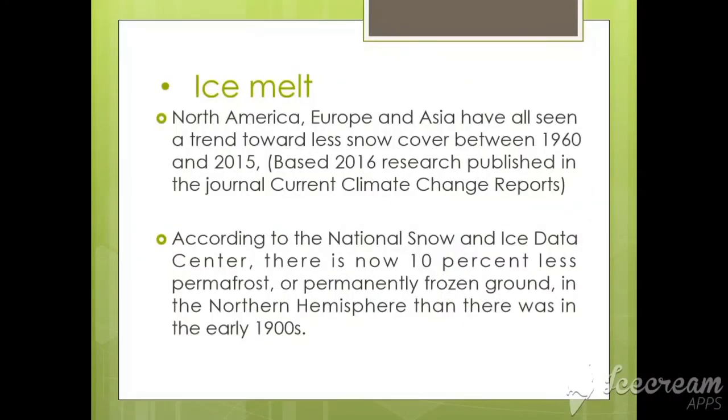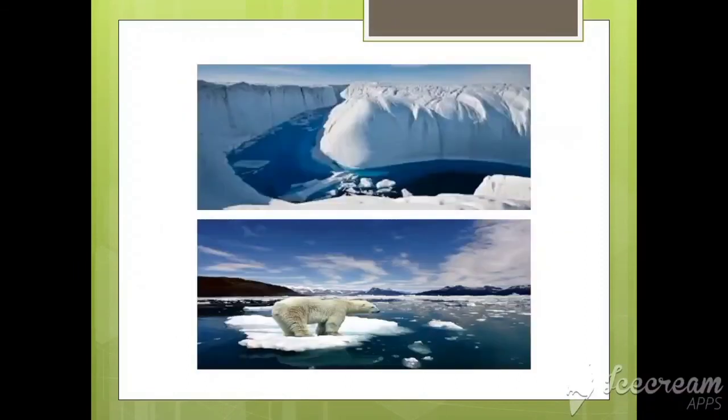Ice melt. North America, Europe, and Asia have all trended toward less snow cover between 1960 and 2015. So, less cover na, bumaba yung snow nila. According to the National Snow and Ice Data Center, there is now 10% less permafrost or frozen ground in the northern hemisphere than there was in the 1900s. So, from 1900s daw, 10% na nabawas sa frozen ground sa northern hemisphere. So, ayan po yung ice melting,